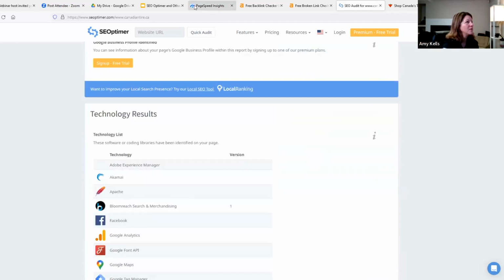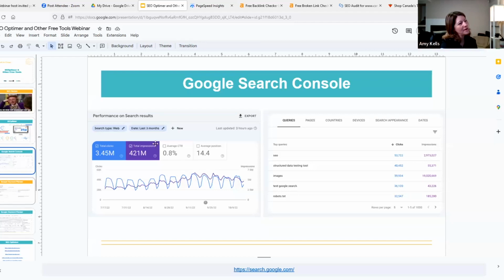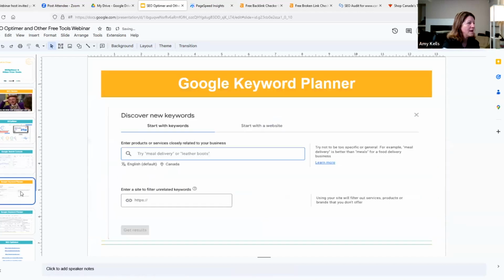Okay, so the other thing I wanted to talk about quickly is, if you're still thinking about what kind of keywords you want to include on your website, Google Keyword Planner is great. It's set up for Google Ads, but it is a free tool that you can use. You basically put in what it is that you do. It says just here, leather boots. I think I did men's boots. So you just put in men's boots,